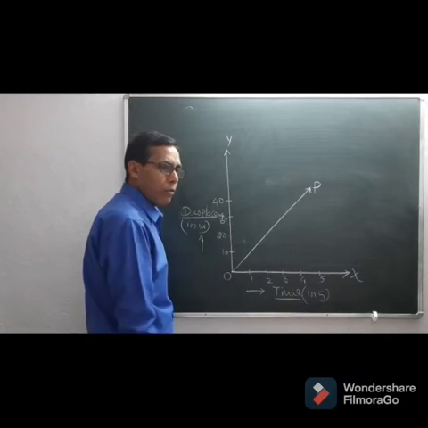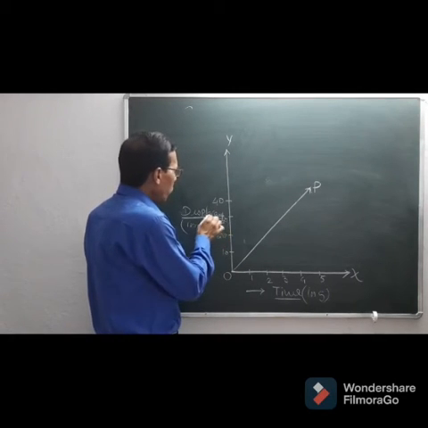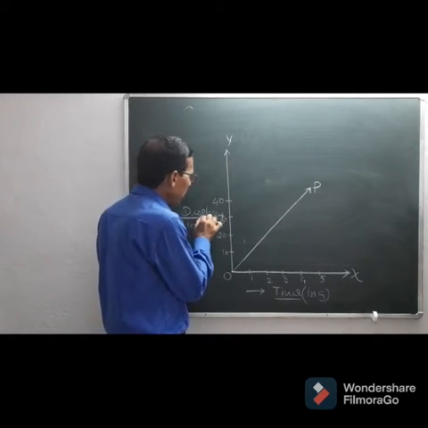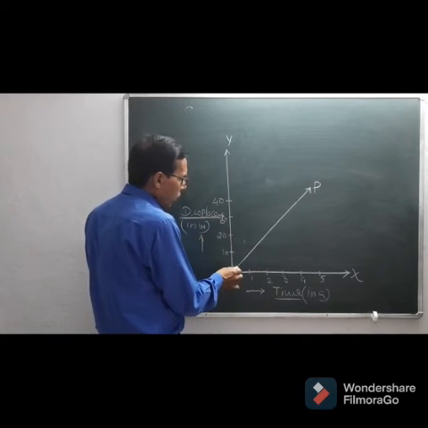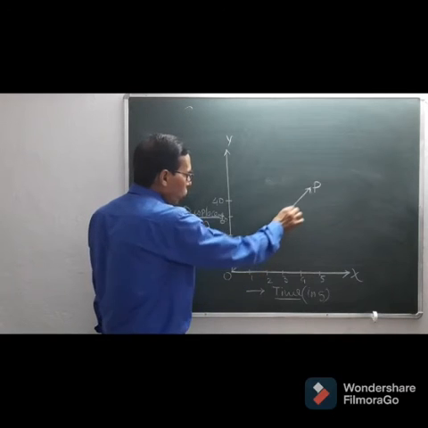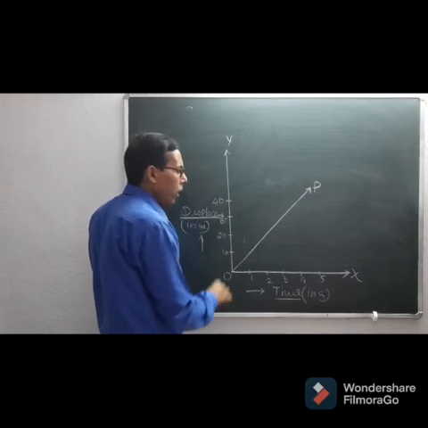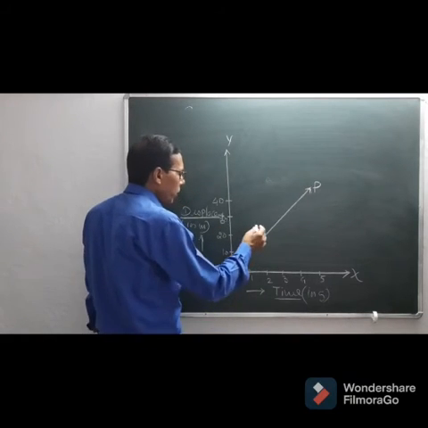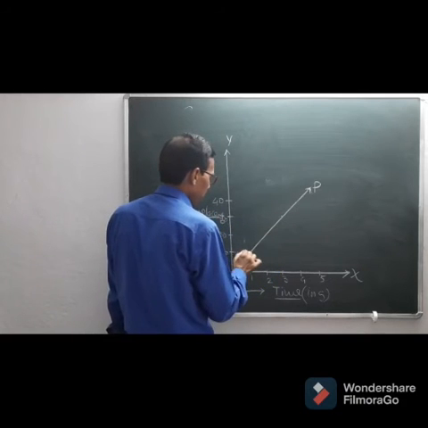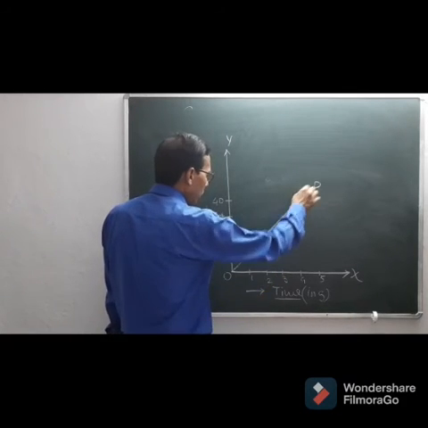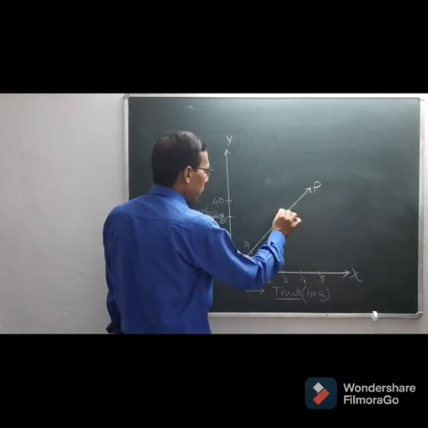Now from this graph we can find out the velocity. All of you know that velocity is the ratio of displacement and time. So here the slope of this straight line OP gives the velocity of the object. For this we have to take any 2 points on the straight line OP. Suppose it is A and it is B,